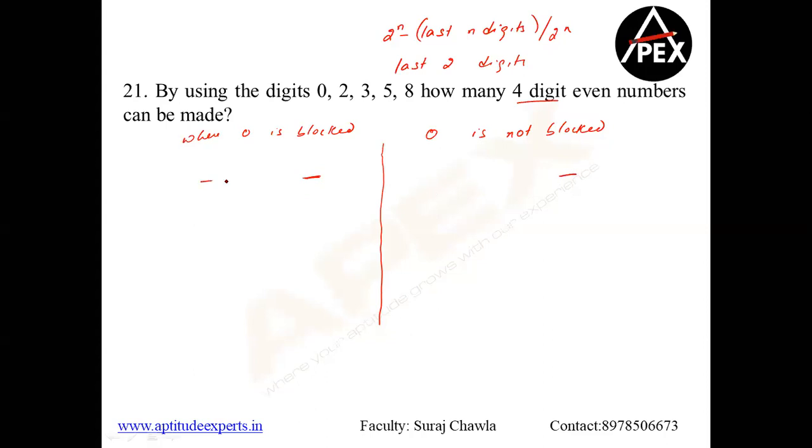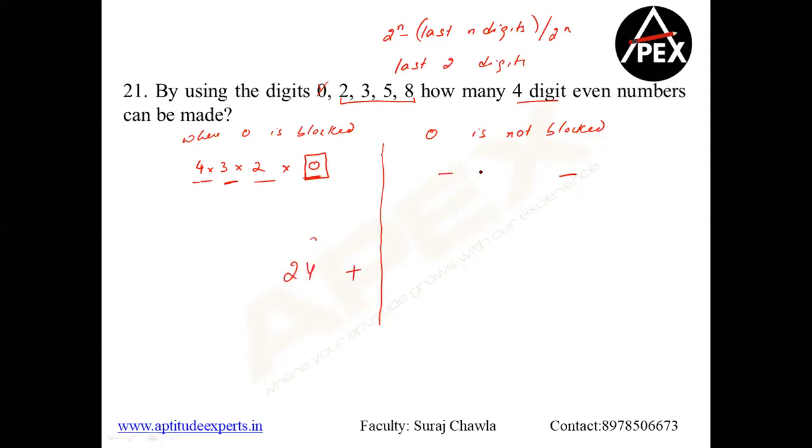So let's try to see this. We want 4-digit numbers. Among this, if 0 is blocked, there is only one possibility. Please understand why I did that: if 0 is blocked, there is no more condition available. Once 0 is gone, we have 4 digits left, right? So this is similar to what we did yesterday. That is 4 into 3 into 2 cases, which means 4 3s are 12, 12 into 2, so the total number of cases is 24, plus